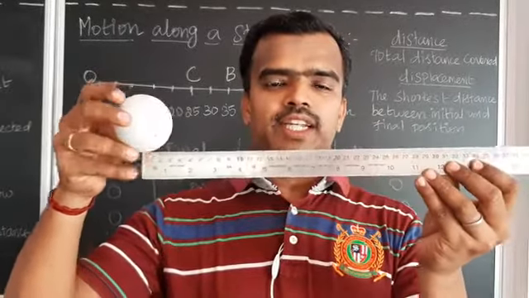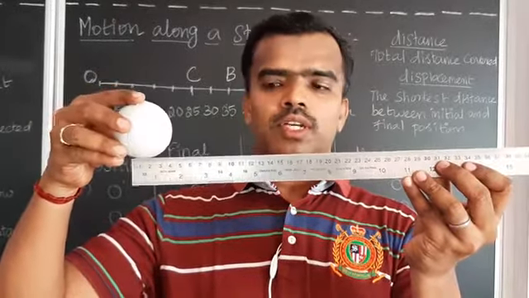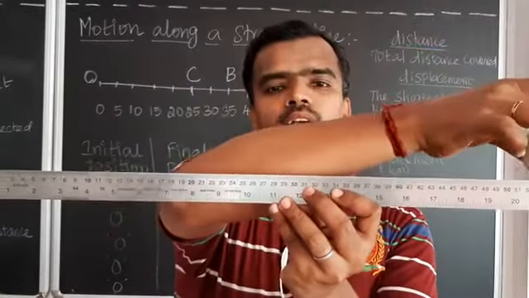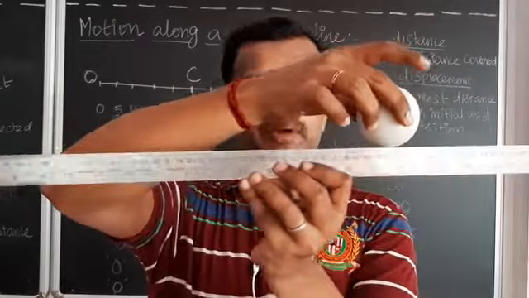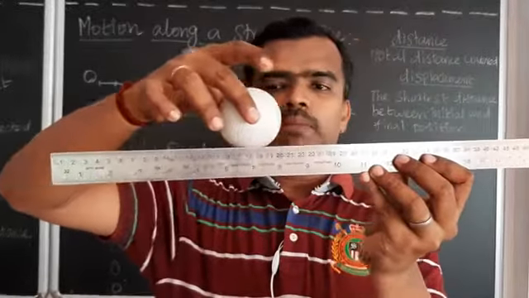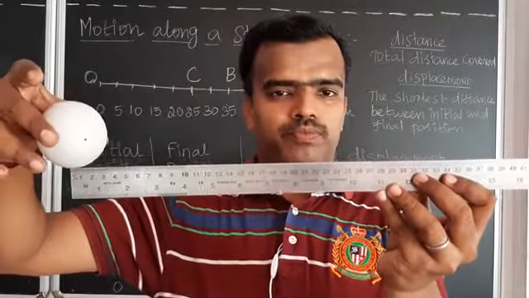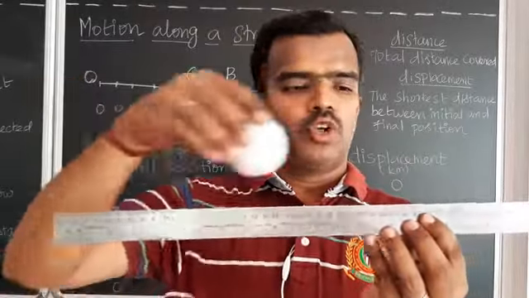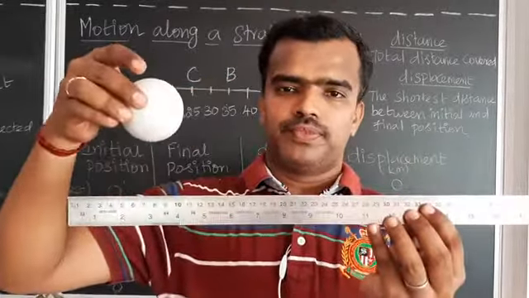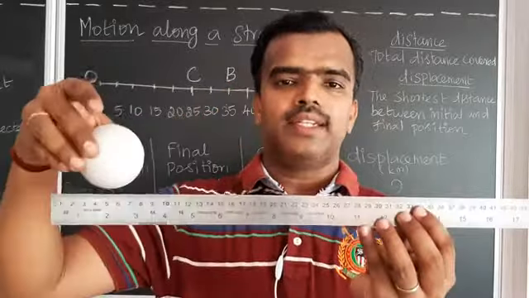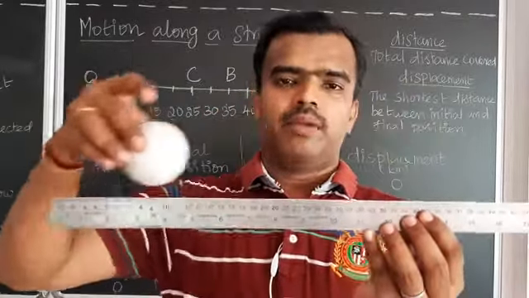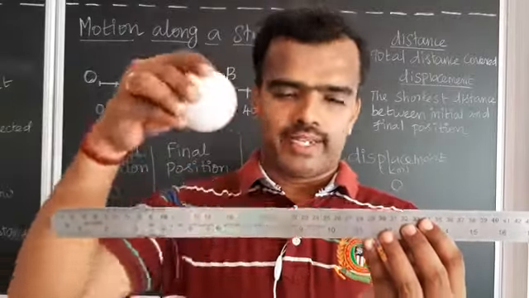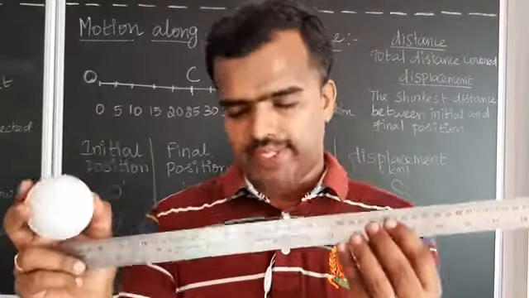0. Initially it is at 0 and it moves in a straight line. After some time it returns back, coming back to 0. This is in a straight line; there is no change in direction of this ball. The ball goes in a straight line and returns in the opposite direction, but it is in a straight line.